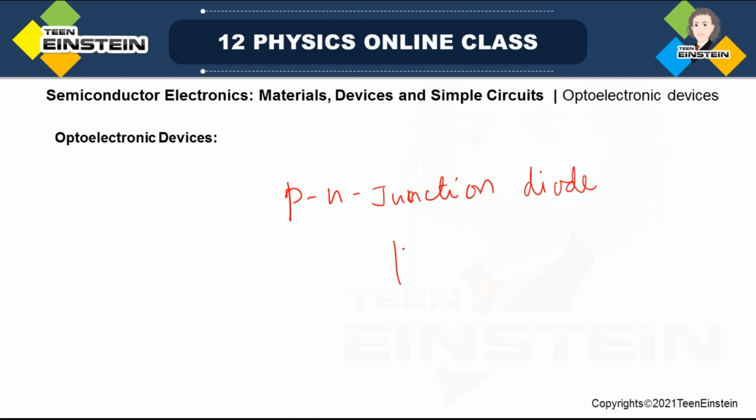And we have studied various biasing, like forward biasing and reverse biasing, and we have seen the IV characteristic upon applying external electrical voltage. So in this optoelectronic devices section today, we'll see how semiconductor diodes